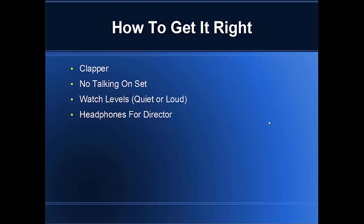And then the quiet stuff, that's the kind of thing. You've got to get the actor to talk so you can hear it. And I recommend having a pair of headphones on, especially for the directing, so you can hear what's getting recorded, and just make sure that the actor's not delivering that performance too soft that you can't make out what they're saying. You do it again and tell them they've got to do it louder. You didn't pick up the audio, and that